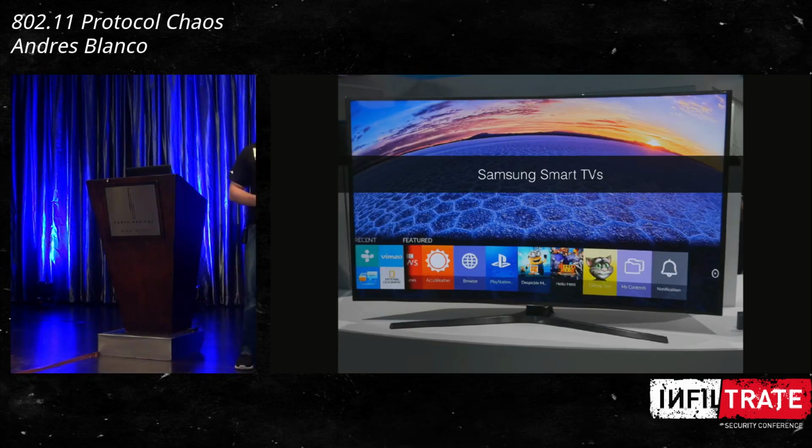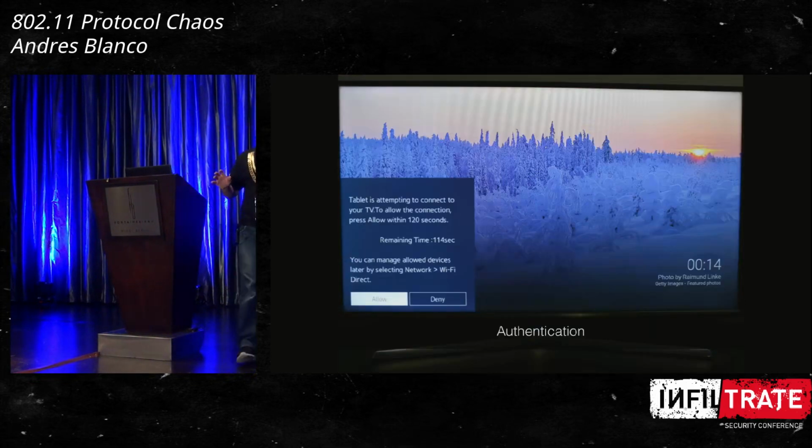And the final thing I'm going to talk about, I don't know how much time I have, but this one hasn't been reported yet, so it's still in process, but you can have fun with it. It's about Samsung Smart TVs. So Samsung Smart TVs have Wi-Fi Direct, again, by default. But this one, they're thinking more about it, and they say, okay, we should give some authentication to the user, okay?